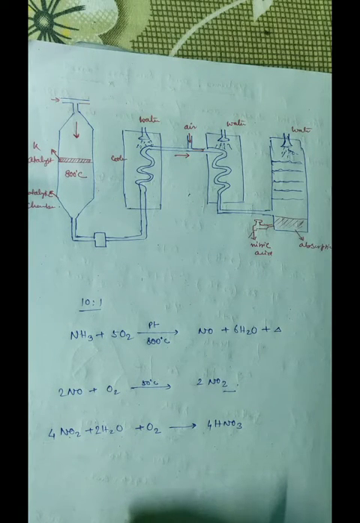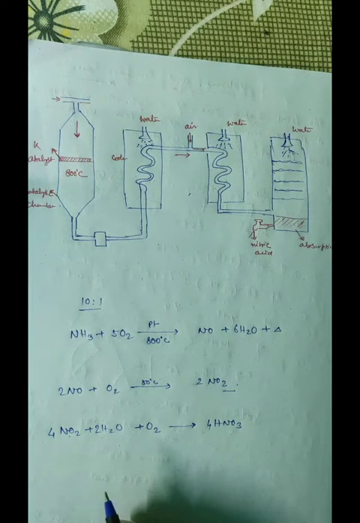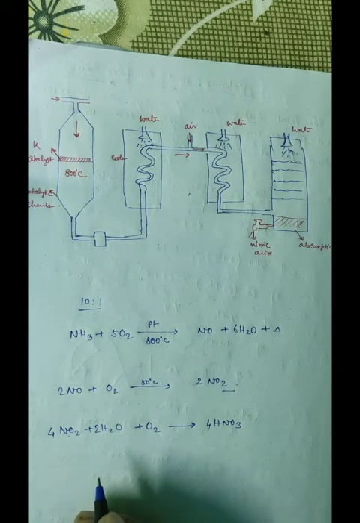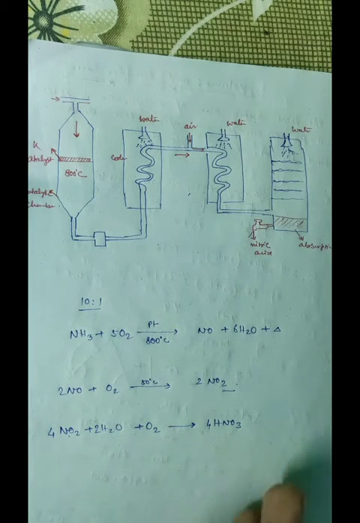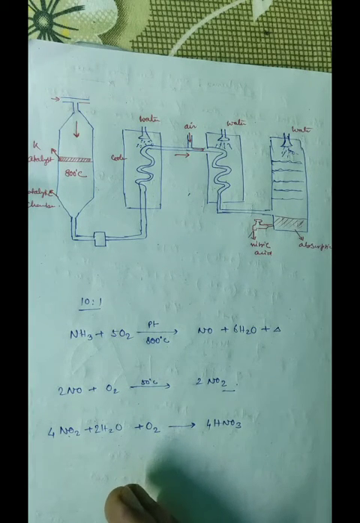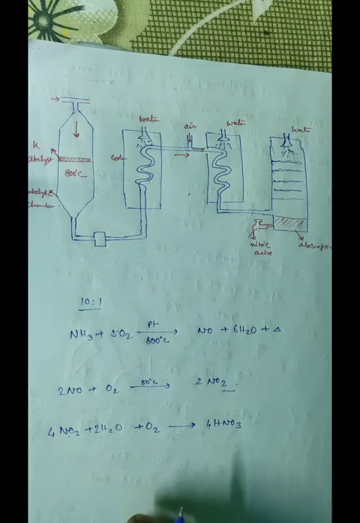Physiological action: non-poisonous, but it has a corrosive action. On the skin, it causes painful blisters. It stains the skin yellow as it reacts with protein of the skin and forms xanthoproteic acid. Now, dear student, this is very important. Why does the color of the skin become yellow? It is due to the corrosive action on the skin; it causes painful blisters, stains the skin yellow and reacts with the protein of the skin, forming xanthoproteic acid.